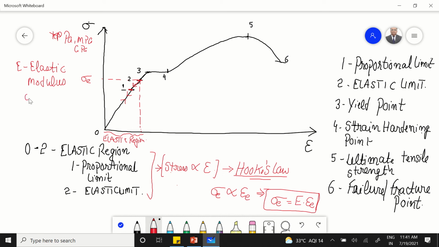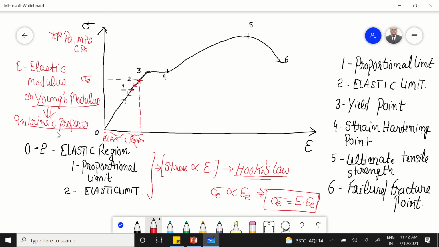So elastic modulus, alternatively, we also call Young's modulus, right? This is one of the most important mechanical properties of a material. It is the intrinsic property of a material. Now you will ask me, what do we mean by the term elastic modulus? This is the intrinsic mechanical property of a material, and it is often used in designing materials which are assumed to behave within the elastic limit. So elastic modulus is a very important property.